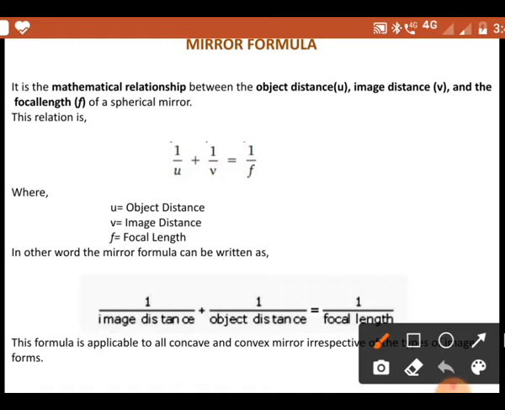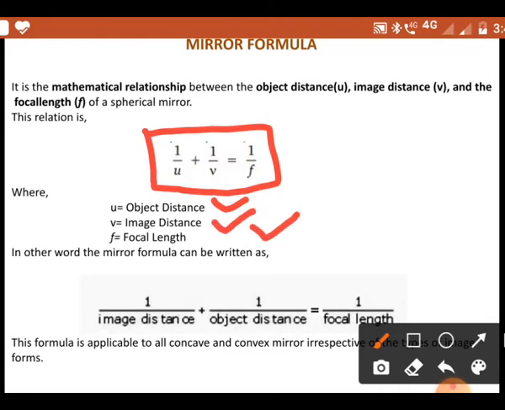Mirror formula. It is the mathematical relationship between object distance small u, image distance small v, and the focal length small f of a spherical mirror. This relationship is mathematically represented by 1 by small u plus 1 by small v equal to 1 by small f, where small u is the object distance, small v is the image distance, small f is the focal length. In other words, this can be represented as 1 by image distance plus 1 by object distance equal to